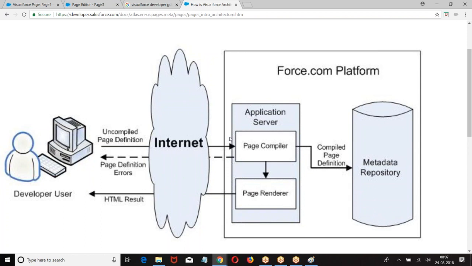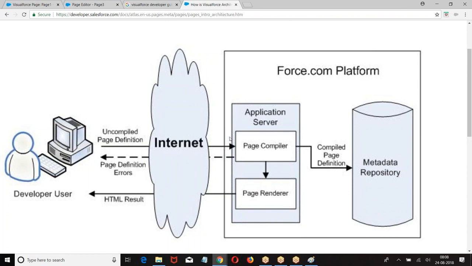Tomcat is one of the examples of your web server. On the web server, what type of applications we can run? Web application. On the application server, what we can run? Web application as well as enterprise application. So application server can support web applications as well as enterprise applications. Your web server can support only web applications.